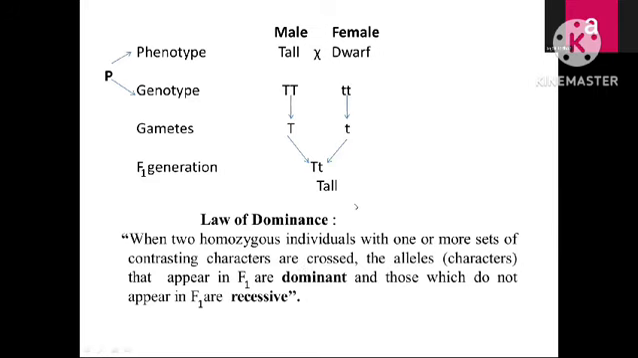Here we have taken only one set of contrasting characters. But we can take more sets also. So this is one set of contrasting character, that is tall and dwarf, capital T and small t, they will be crossed. Now